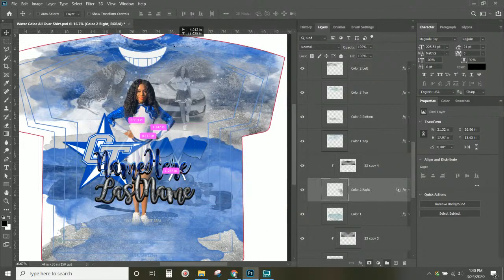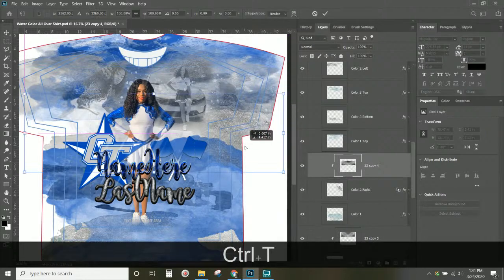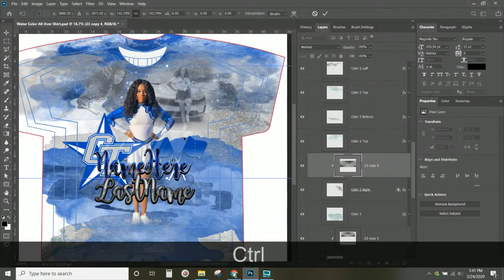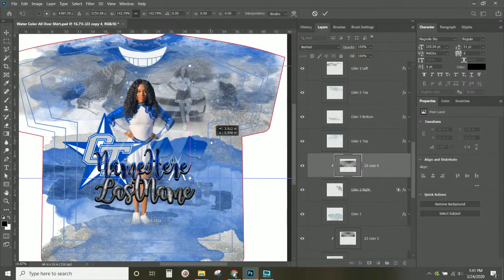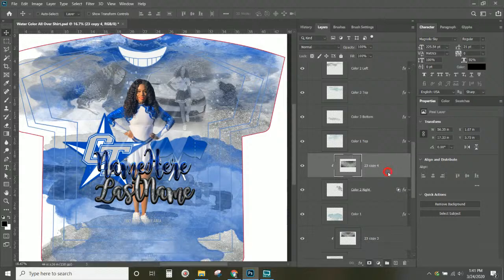And let's see where that one's appearing. Oh yeah, that looks so hot. Okay, so let's make sure that we're covering everything. And if we're not, I can tell by going to Control T where I am. And maybe for this one, we need to increase the size or even rotate it, because if it's a tall versus a wide paint splash, then we'll need to adjust accordingly. But there we go. And so this one is probably the one that I will use for the color 2